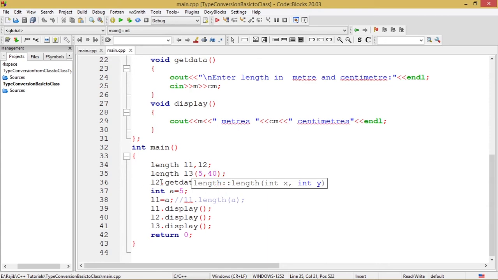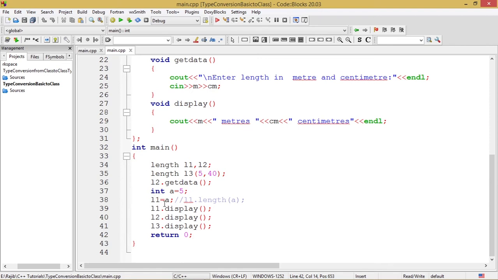Then L2.getData is nothing but invoking the function getData associated with the object L2. I have declared an integer variable a and initialized it with the value 5.